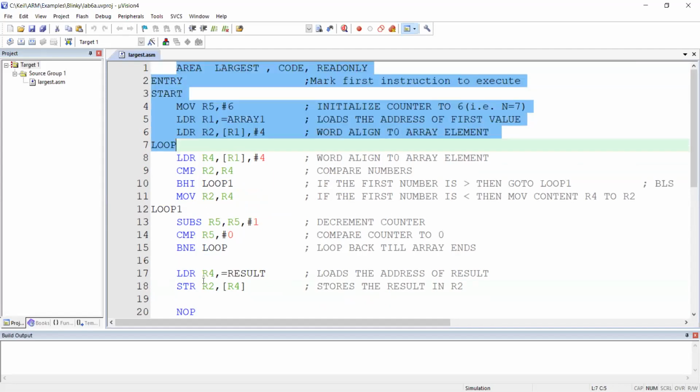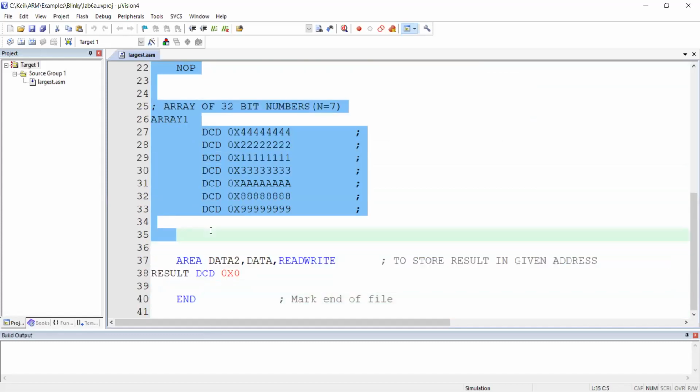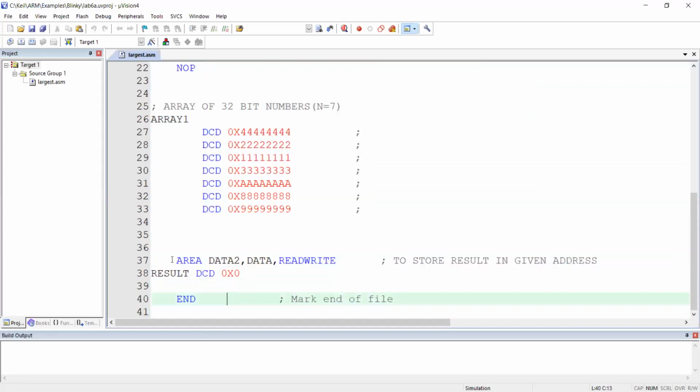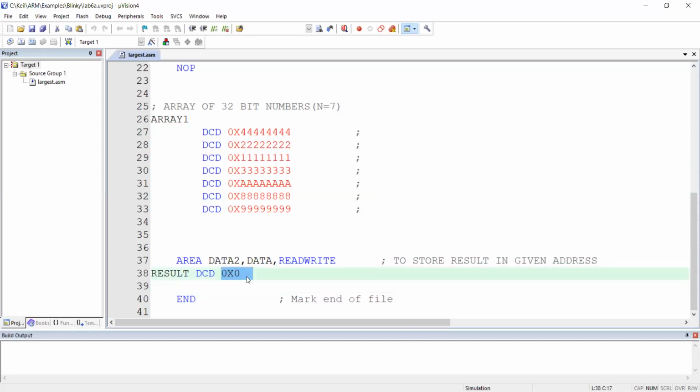The first segment is largest. It's the code part, where there is only instruction. The second part is the area for data. In this, we have reserved one variable called result whose initial value is 0. So whoever comes to a conclusion as big, that will be written here. Hope the concept is clear now.